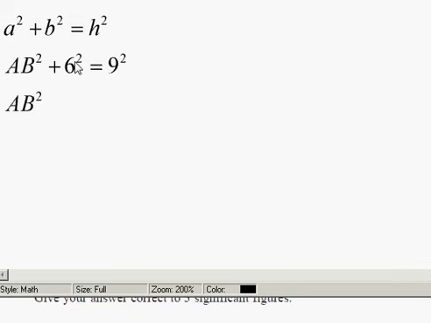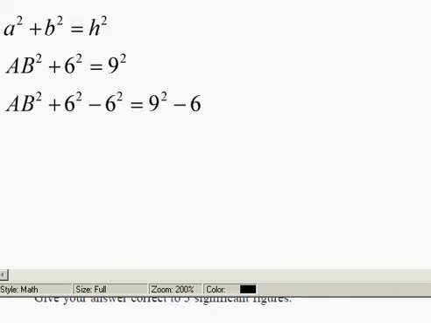Actually, I can just copy this. Yeah. So it's just going to be AB squared. Oh, it's not as easy as I thought. There we go. So it's going to be AB squared plus 6 squared minus 6 squared, because I'm subtracting that 6 squared to try to get AB by itself, equals 9 squared